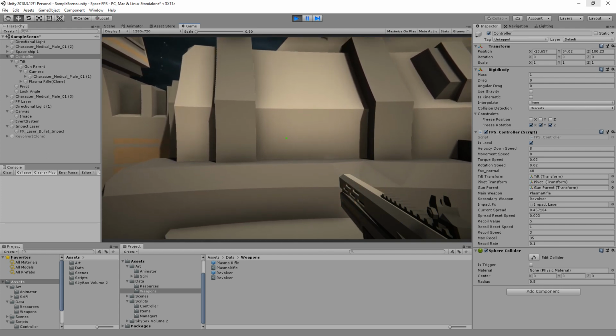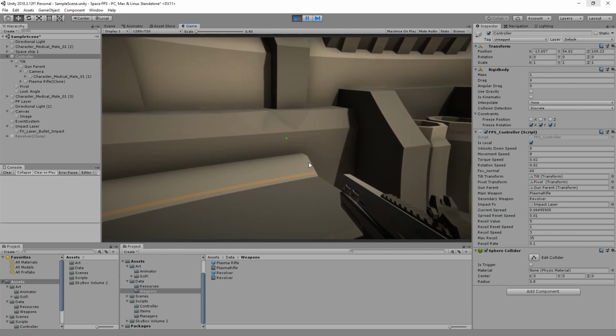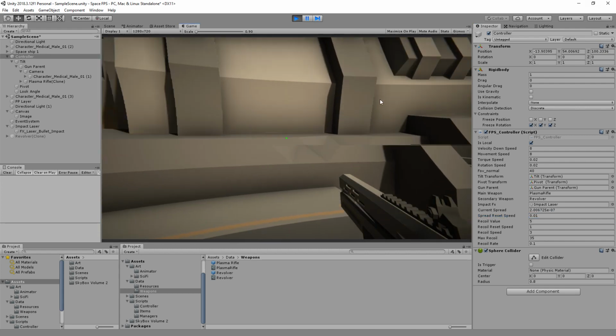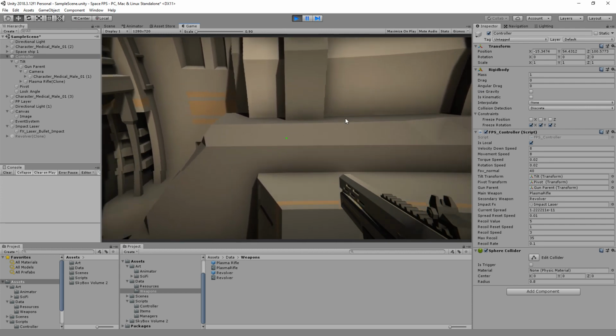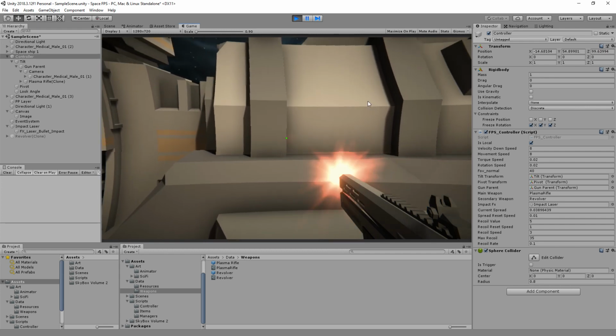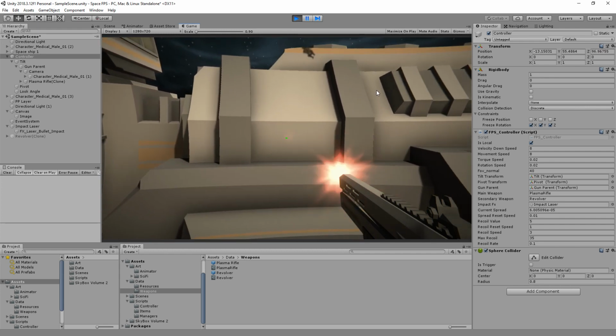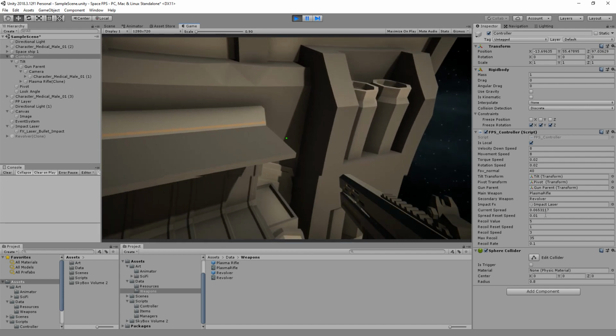Yeah, you can see the current spread. Okay, one is super fast, 0.01, and once we're moving it keeps adding, and once we're firing, yeah,